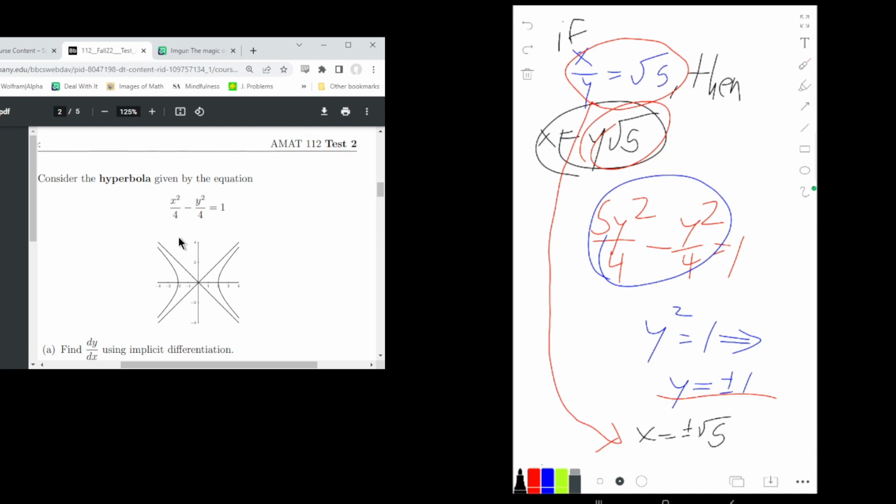Where again, the signs of x and y would have to match, because their quotient is positive. A positive divided by a positive is positive. A negative divided by a negative is positive. But if x and y's signs do not match, then you wouldn't get positive square root 5. You'd get negative square root 5. So the answer here,